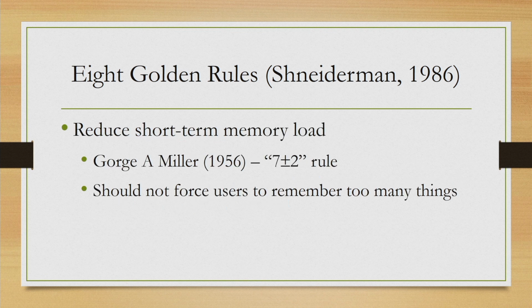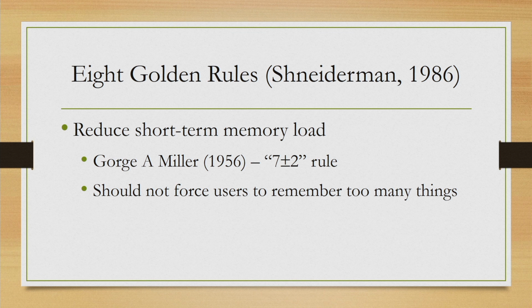The final golden rule is a very interesting one. It is called short term memory load. This is one of our physiological constraints that has been captured in the form of a rule and used successfully in the design of interactive systems. The rule was proposed by George M. Miller, a cognitive psychologist, long ago in 1956, but it has found very wide application in the area of interactive system design. It is also known as Miller's rule or the 7 plus minus 2 rule.